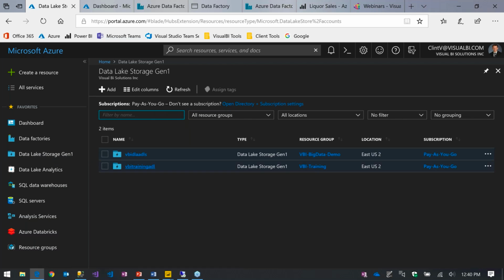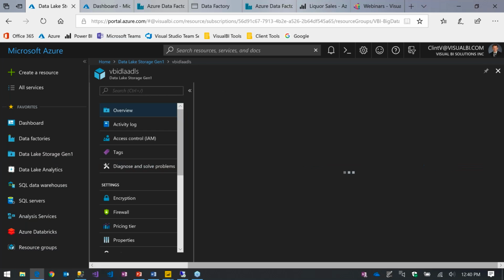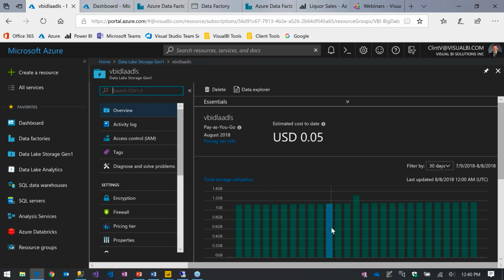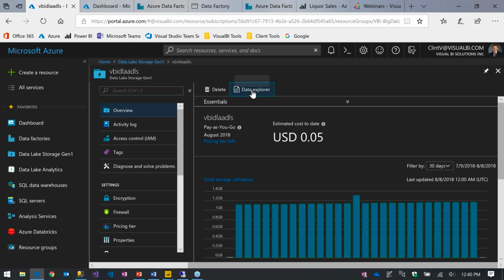I've got a couple resources out here. So for this demo, use this one. And it's going to pop up and give you some information about how much you're using, how much you're paying. I paid a nickel for the storage that we're using right now. So we're on a pay-as-you-go type plan with what I'm showing here. If I click over to the Data Explorer,